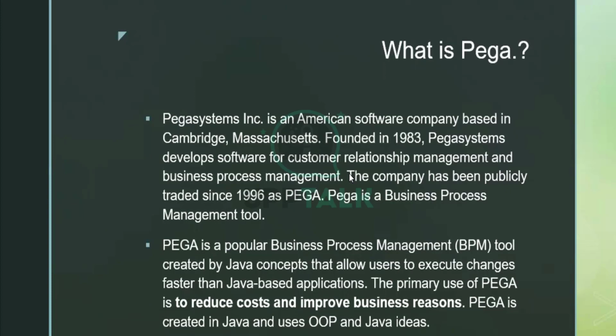Pega is one of the software tools which was founded in 1983. Pega Systems is the parent company which founded this tool called Pega, which comes under the category of BPM tool. So why are we saying Pega is a BPM tool? If you are taking